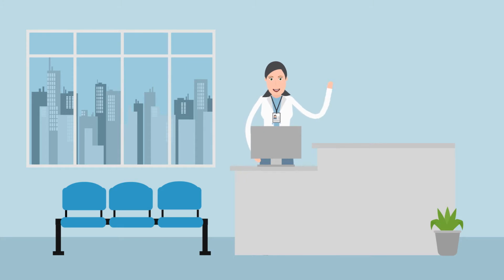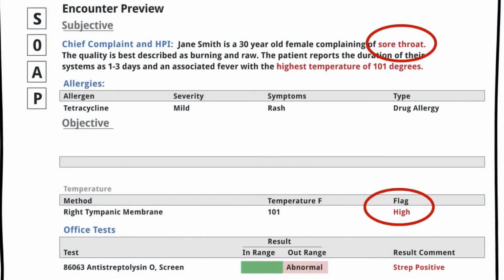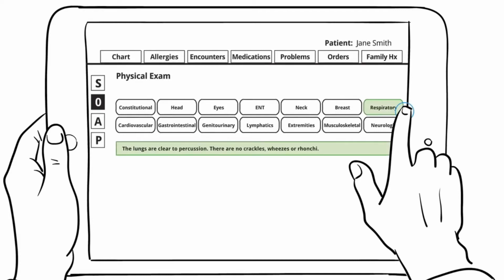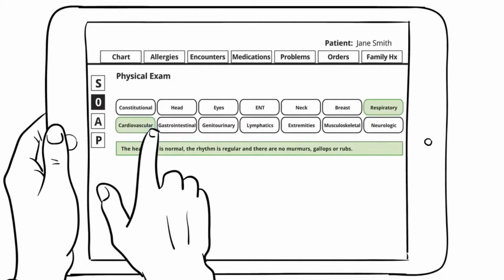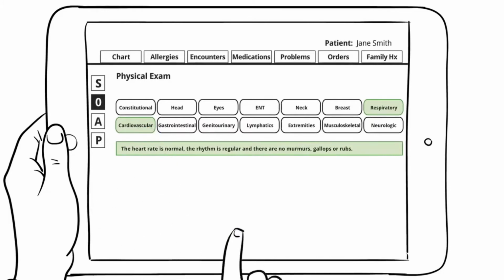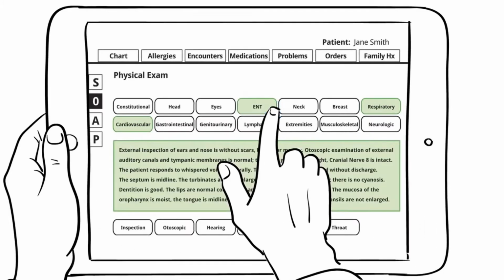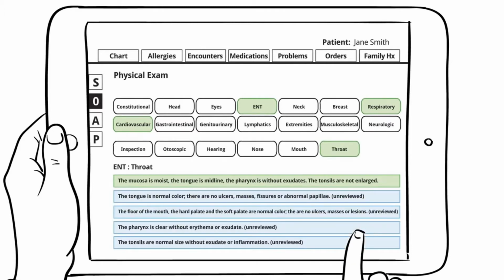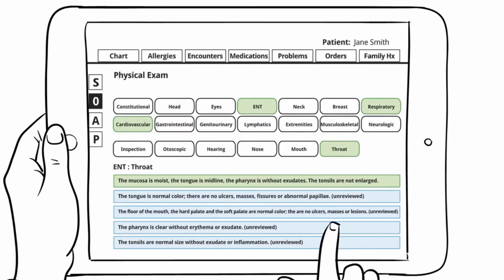My staff has already checked the patient. And a patient, Jane, is suffering from sore throat symptoms. You have a sore throat, and I notice that your test for strep is positive. At the chart, I can review the patient's complaint of sore throat and the history of present illness. The vital signs display a high fever and test results show a positive test for strep throat, so I'm ready